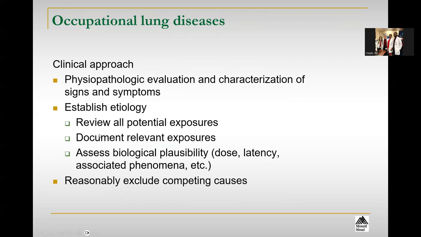If you are thinking of an occupational one, you try to review all potential exposures, document those that may be most relevant, and assess the biological plausibility in terms of getting an idea of what the dose may have been, what the latency may have been, and other associated phenomena. And of course, reasonably exclude competing causes,